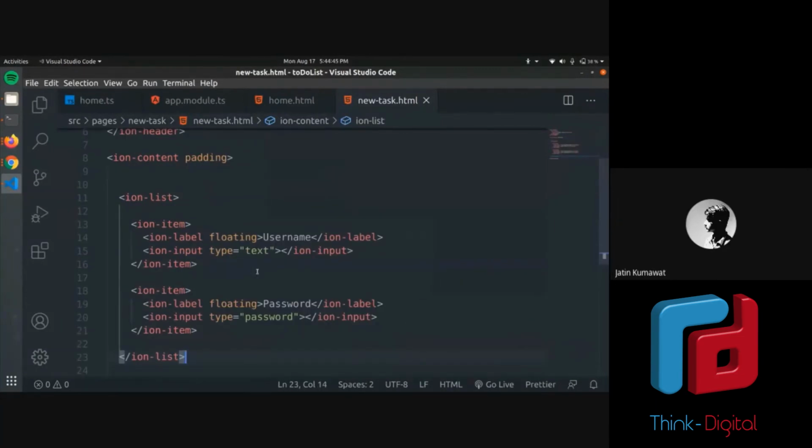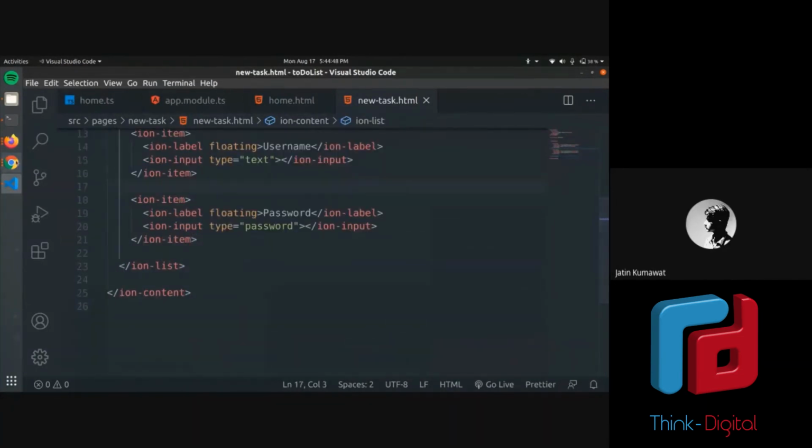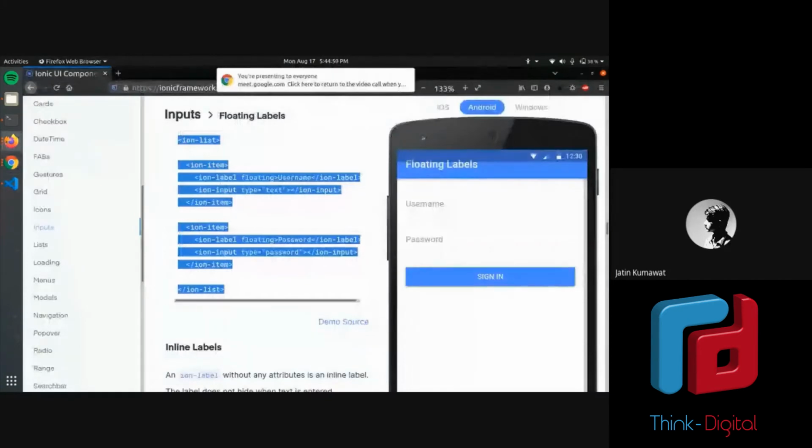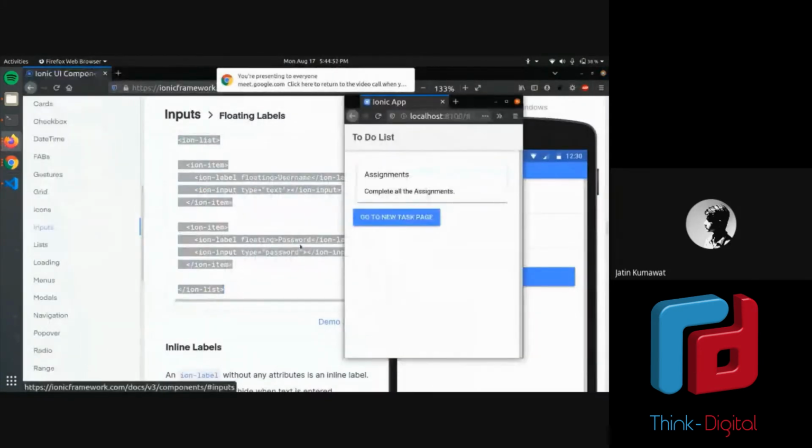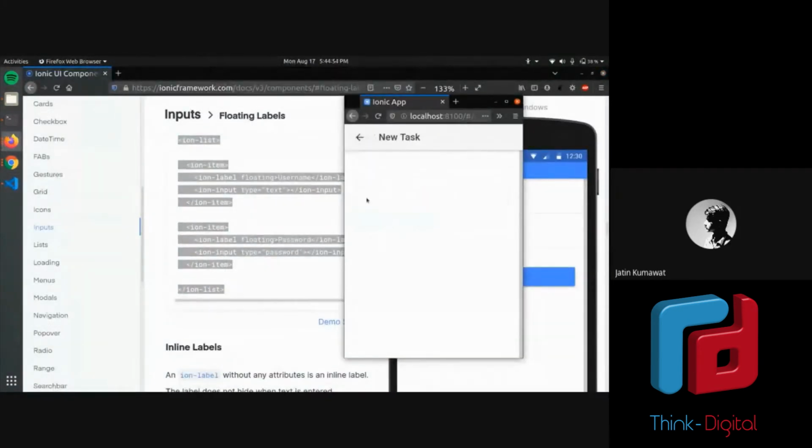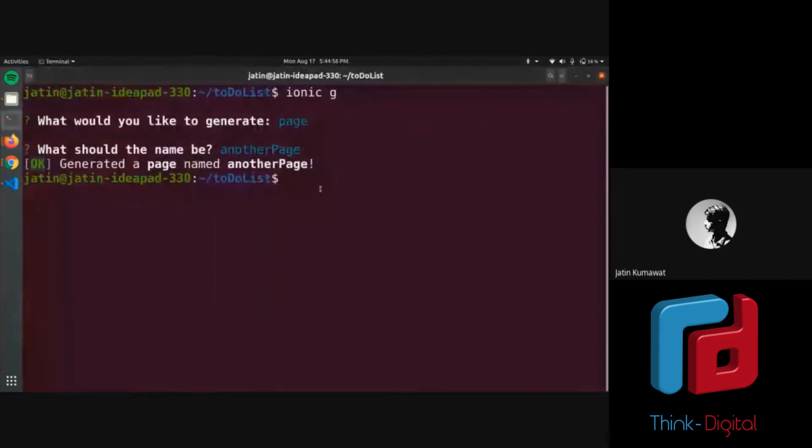Okay, so now if I open my app once again, that is the app, and I will again click on this button. Okay, I think I have stopped the Ionic server. I will start the Ionic server once again.